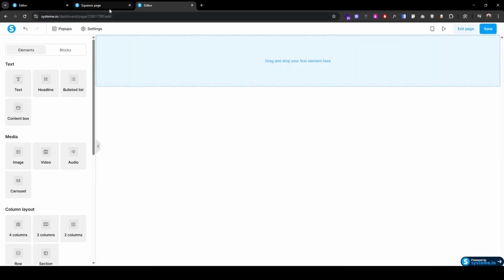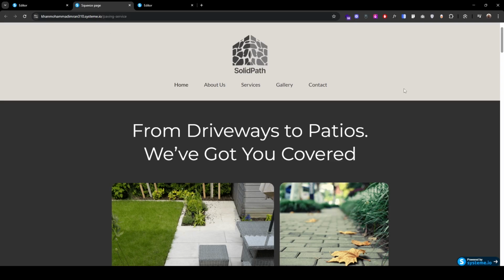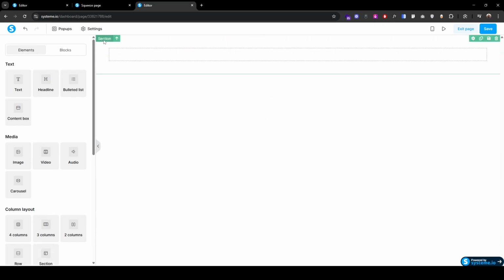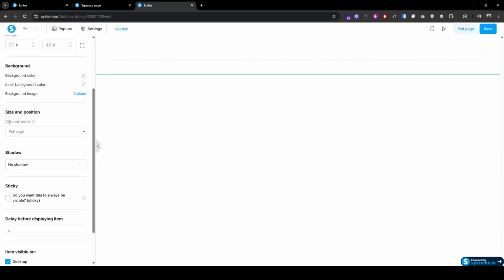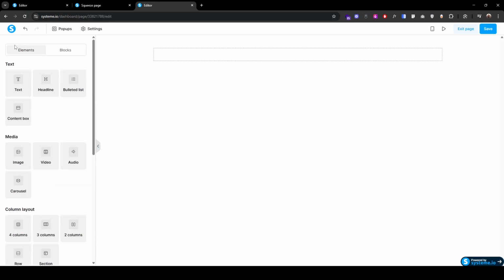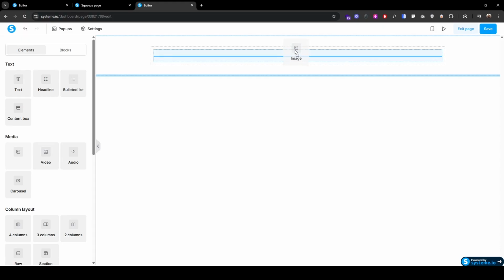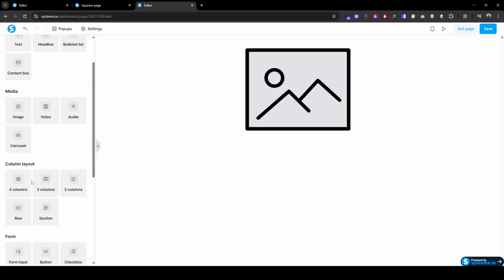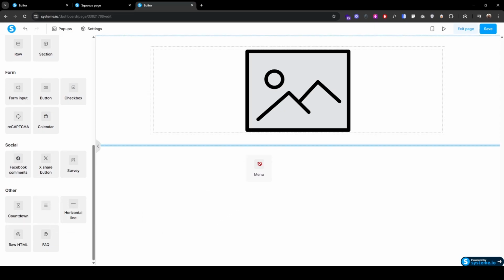First, let's create the navbar. This navbar, in other words, the header section. To do this, we will add a section. Inside this section, we will place our logo and the text content for the menu. So this is the section. Drop it here. Now click this section, scroll down, change the content width to wide. Now click this back, drag this image, drop it here, and finally for this menu, scroll down, drag this menu,